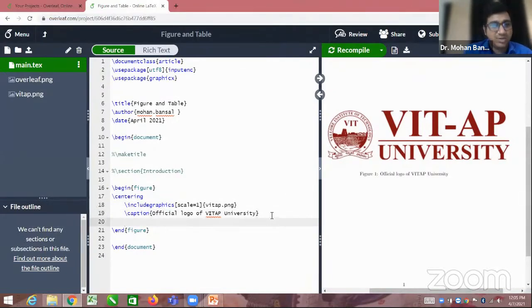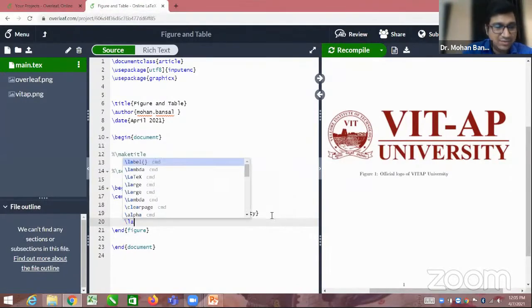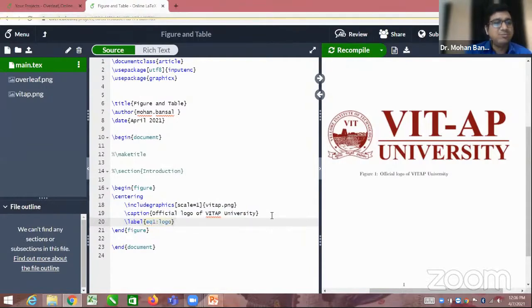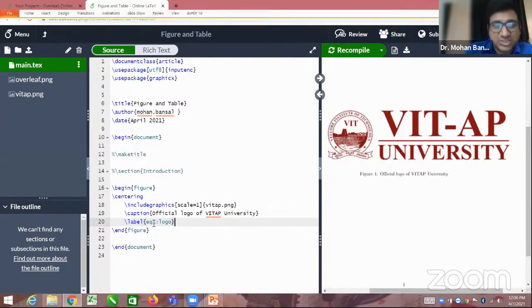Now we want to use a label. For the label, slash label, you can give any name like EQ1 logo. This is the name of the label. It is not mandatory to write the EQ1. It is up to you. It clearly mentions that this label is for an equation.